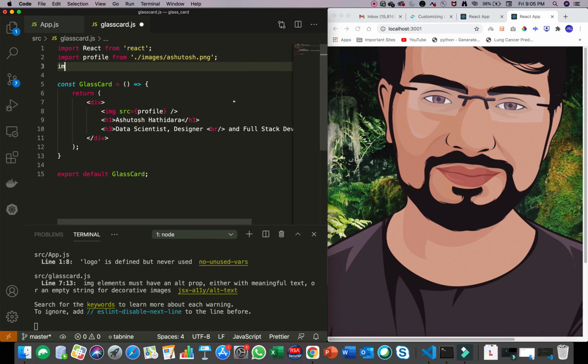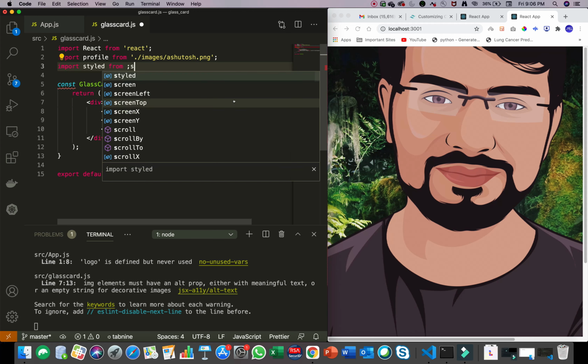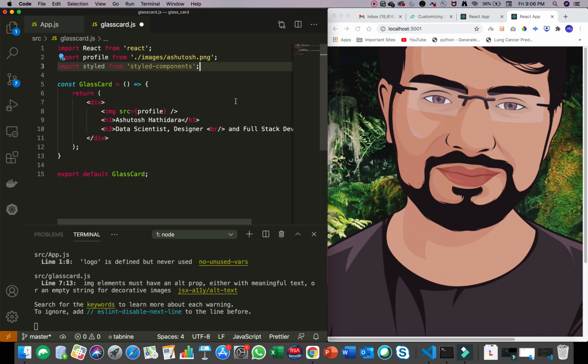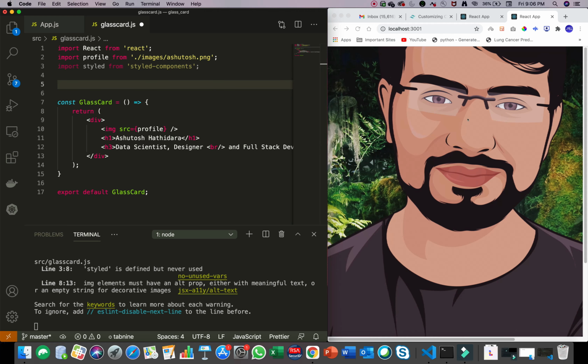First of all, I will import styled from styled-components in our glass card component. Now let's say I want to apply CSS on this profile image, to make it smaller. How can I do that?